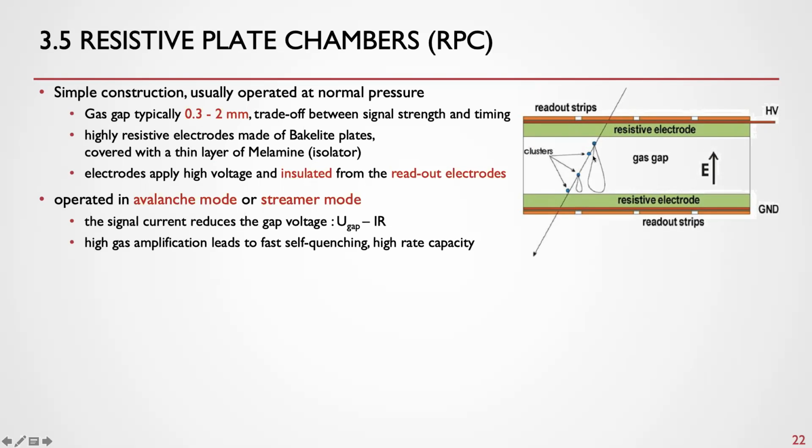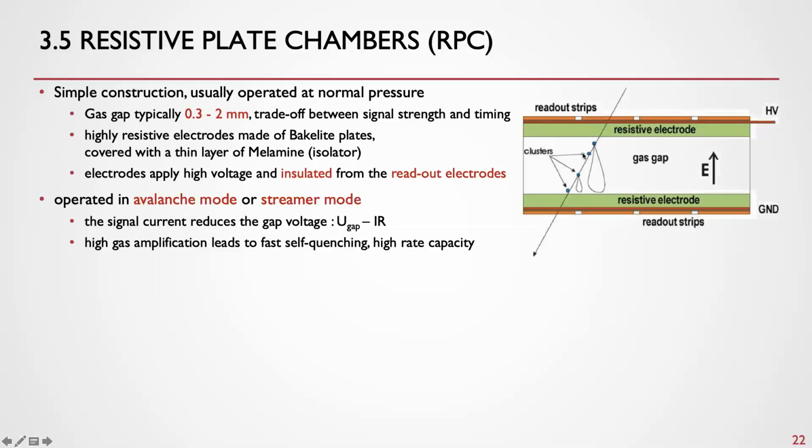We have the ionizing particle, and avalanche formation. There's no wire here, so avalanche formation is started and induces, so creates the signal according to the Shockley-Ramo theorem, which means that